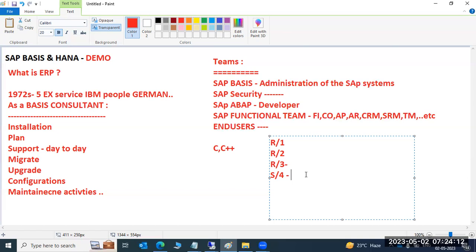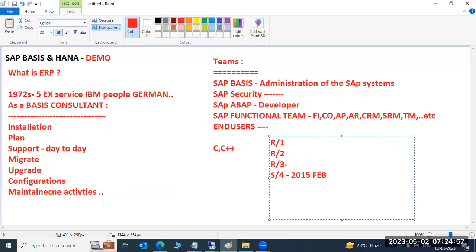So they initially released S4 HANA in 2015, 8 years ago. S4 HANA is part of the ERP only. All software like SAP ERP, S4 HANA, R3 architecture, ECC, are all related to the ERP only. But they changed their naming convention in 2015. I think it was February. Yes, in February 2015, they released S4 HANA. They renamed it and released S4 HANA.